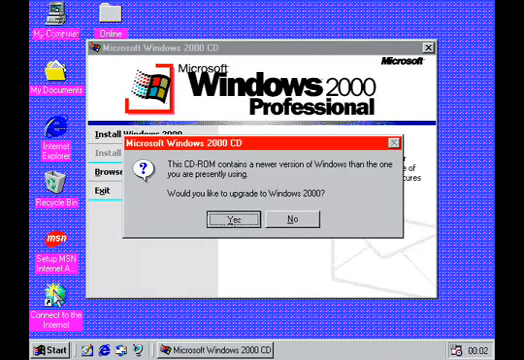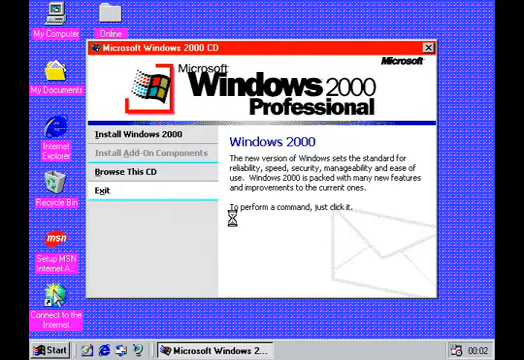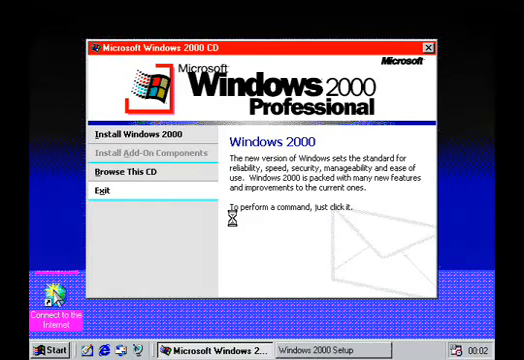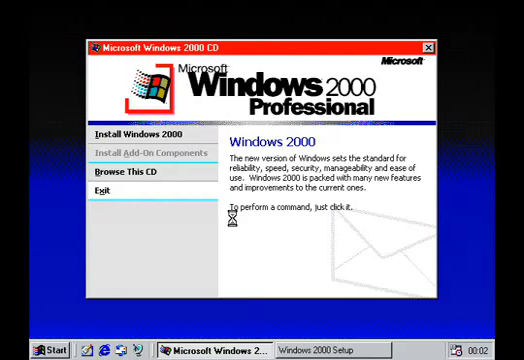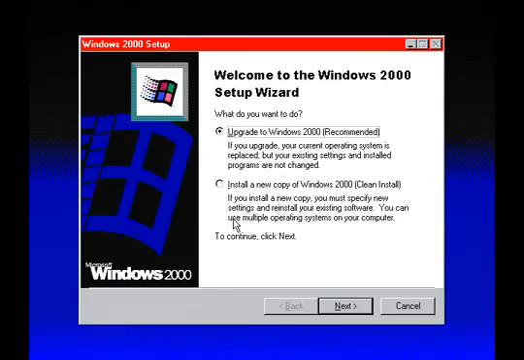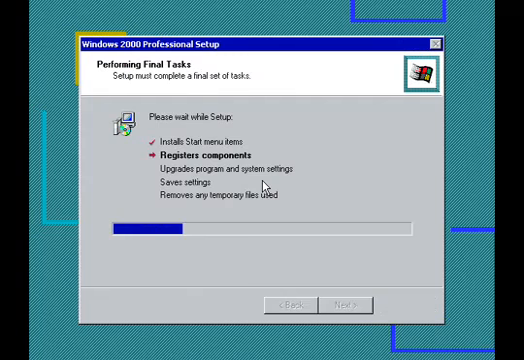The next version of Windows to be released after 98 was Windows 2000, which signified a change in focus for Microsoft towards NT-based operating systems. There was no upgrade version of 2000, but the standard version has no problems running straight from Windows 98. After the lengthy Windows 98 installation process, the Windows 2000 installation seemed very quick, approximately 45 minutes from start to